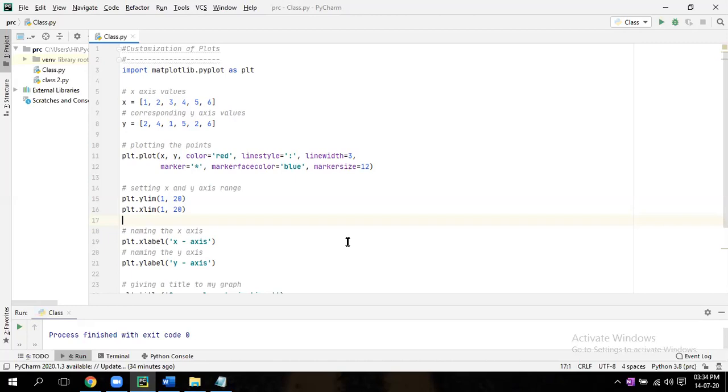Like the math library, OS library, and this matplotlib library, date and time. All that you are doing in the import, you have to remember. So we'll continue this graph in our next session.